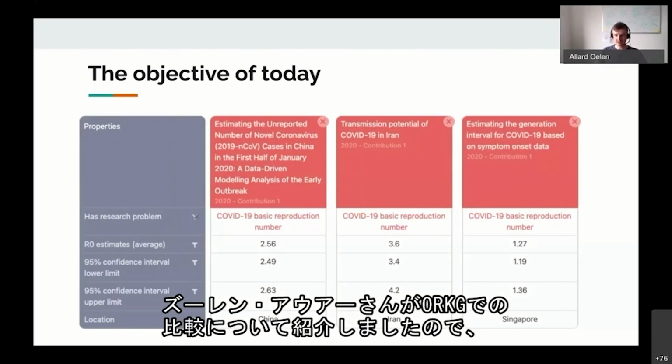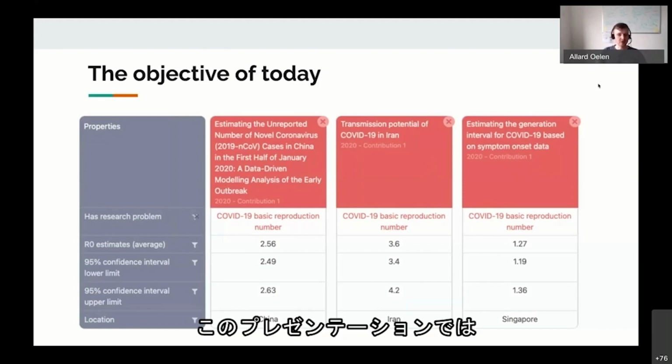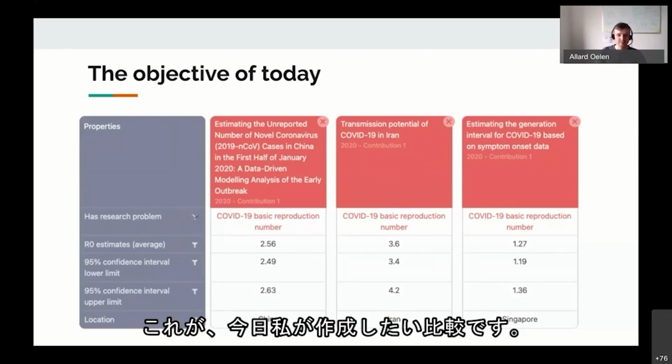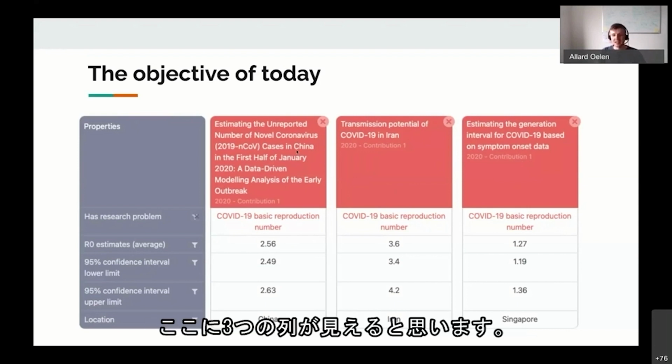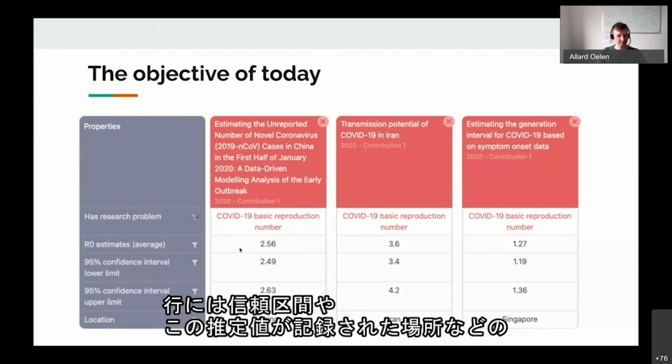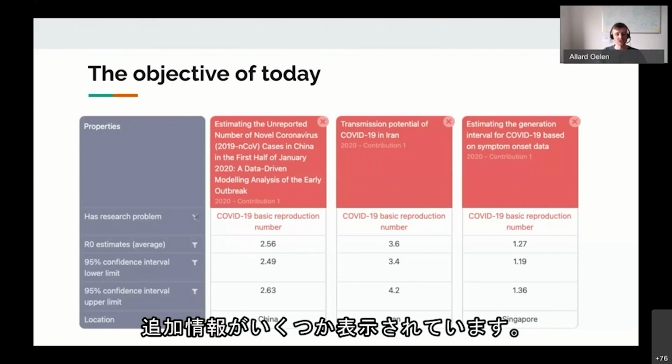So Soren Auer already showed comparisons in ORKG, and I will keep using this COVID-19 example as a running example also throughout this presentation. And this is basically the comparison I'd like to create today. You can see 3 columns here. So in each of the columns, a paper is represented. And these papers, they are reporting R0 numbers. So in the rows, we see some additional information like the confidence interval and the location where this number is